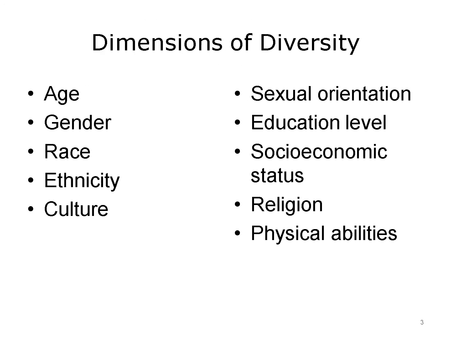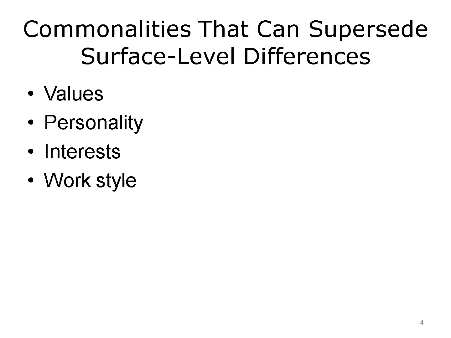Diversity has multiple dimensions. Those that are most discussed include age, gender, race, ethnicity, and culture. Examples of other dimensions are education level, sexual orientation, physical ability, socioeconomic status, and religion. There are also differences related to less immediately apparent characteristics, such as personality, values, interests, and approaches to work or problem solving. Often when individuals find common ground in these types of areas, differences in more superficial characteristics, such as age and gender, recede into the background. In this lecture, we'll focus on some basic tips for working effectively across differences.